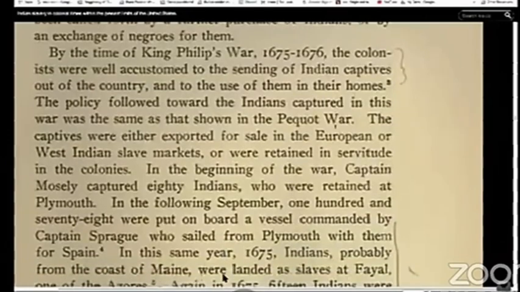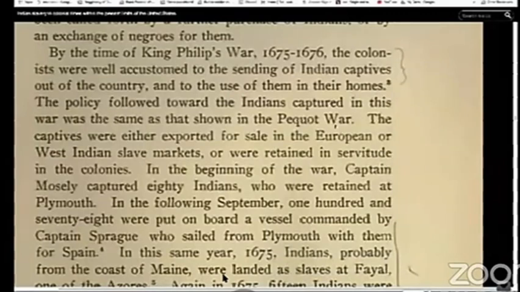All right? How many? 178 put on a ship, a vessel. What is a vessel in those times? We're talking about ships. We're not talking about spaceships or anything like that. We're not talking about teleportation. We ain't talking planes. We're talking about ships. Deuteronomy 28. Or am I making things up here? Nah, you're right.